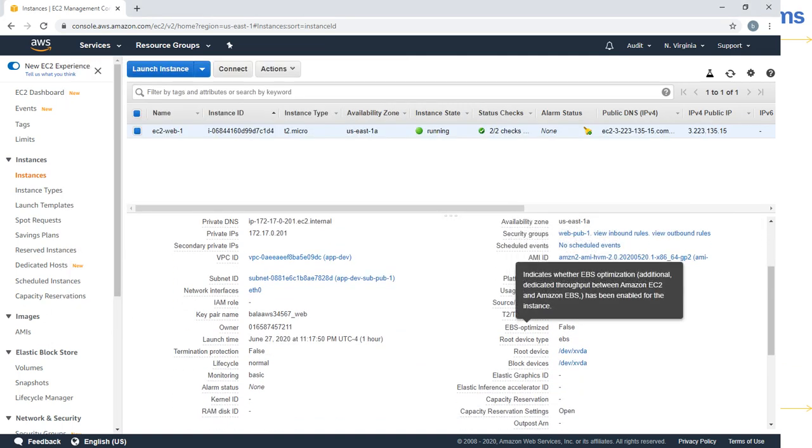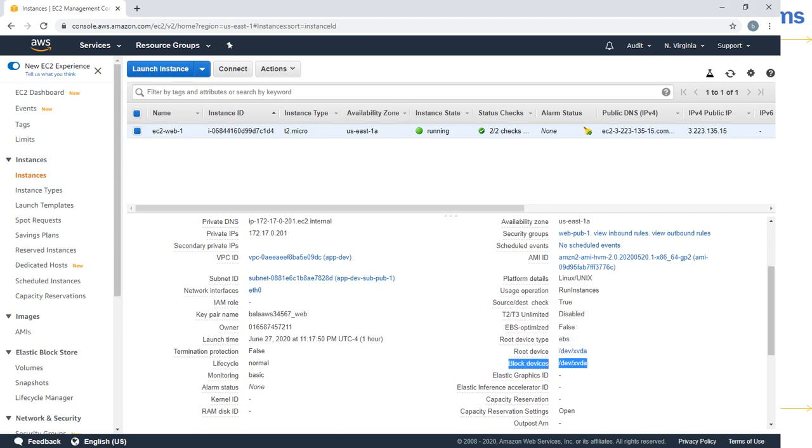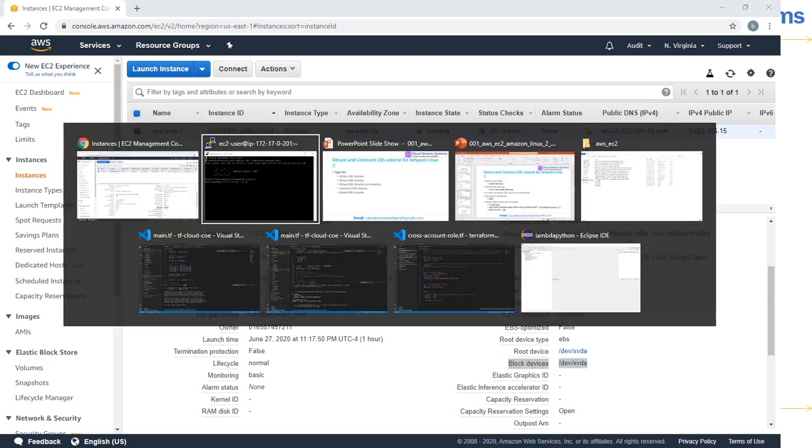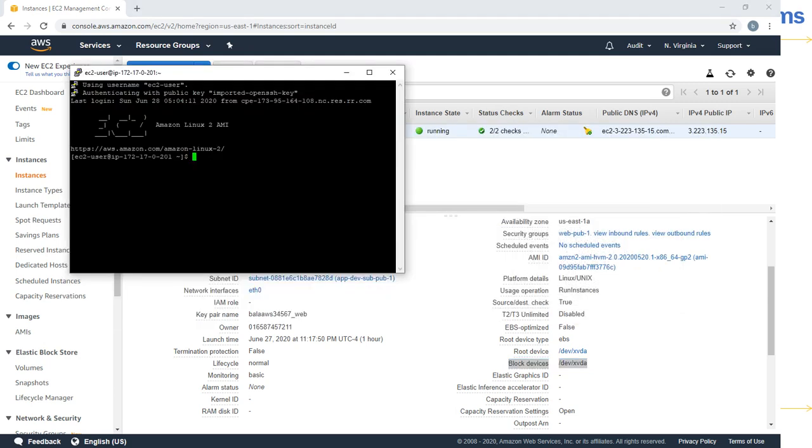For this EC2 instance, this is the block device and root device. How do you check the attached devices? You use a very simple command, lsblk. With the help of this command, you can find out what block devices are attached to this EC2 instance.